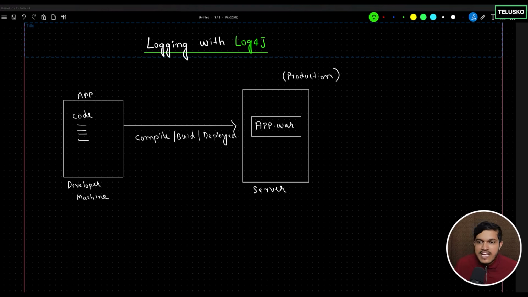As you can see pictorially, assume you're a developer, you have developed one application, and that application is compiled, built and deployed using any of the tools. Deployed means your application is currently in the production environment. That is a WAR file. The application has been deployed. Anyone can use your application. At that time, if you want to know the status, what is happening, every good and bad thing in the application, if there is any exception, if there is any error, if something is working fine, every piece of information